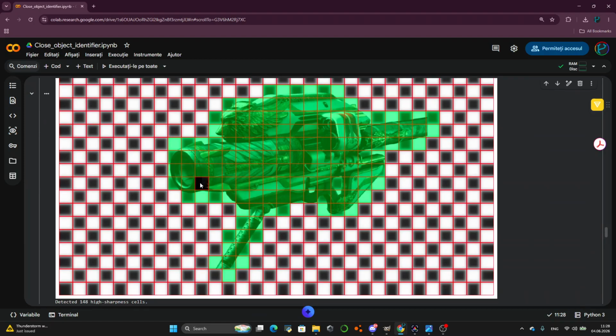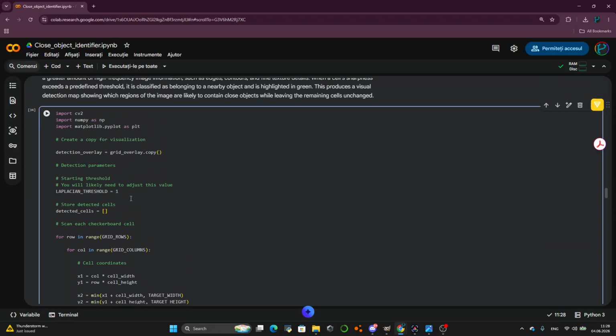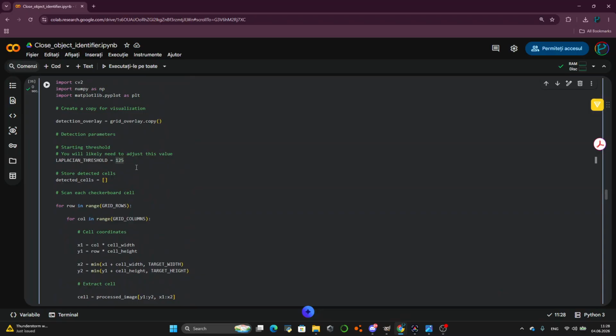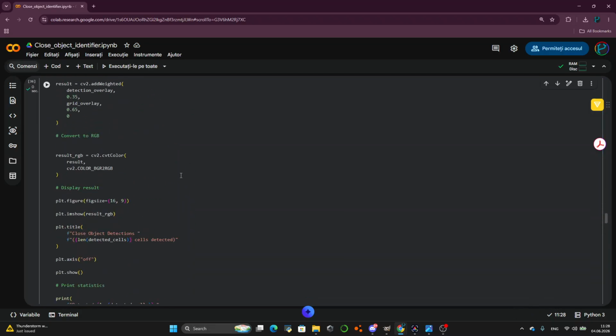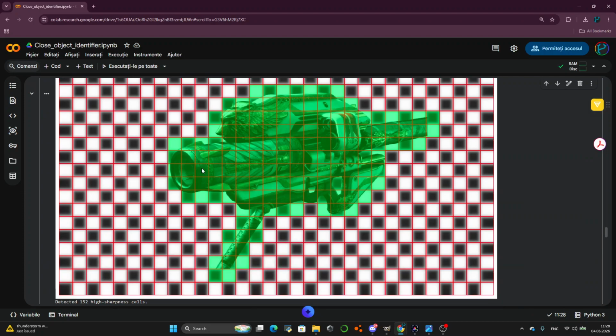Okay, so the detections are now a little bit better. We still have a square that's not filled in. Let's go a little bit lower. Let's go to 125. Still nothing. Let's go even lower to 110. Nope, still nothing. Okay, let's just go all the way to 100. And there we go. Now the detection is properly made, so that's all good. We have 152 high sharpness cells detected,